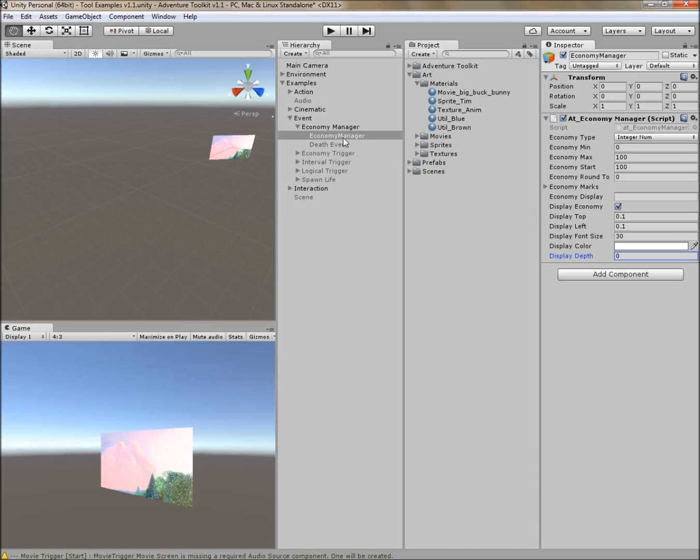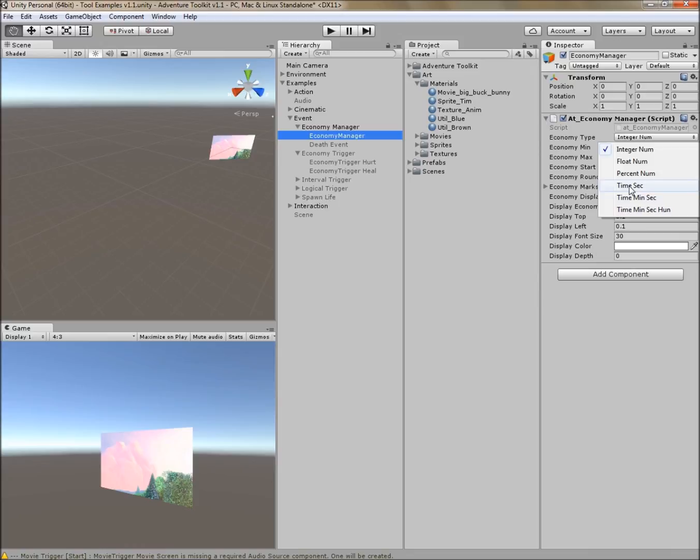So again, I have an EconomyManager. This does not work alone. We have an EconomyTrigger to determine what happens with that value. I can make it go up or down. And in fact, if I were to be managing time, EconomyTriggers actually start the clock or stop it, depending on